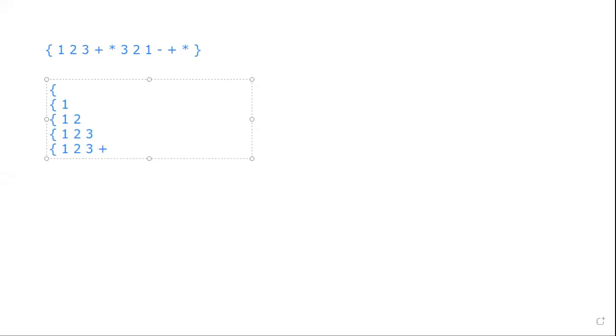Here what we will do is 1, and then 2 plus 3 will be performed. Okay. And again, 1 and 2 plus 3 means 5.